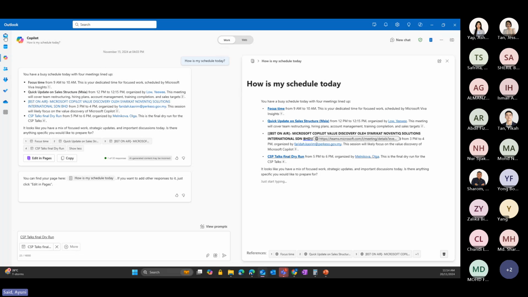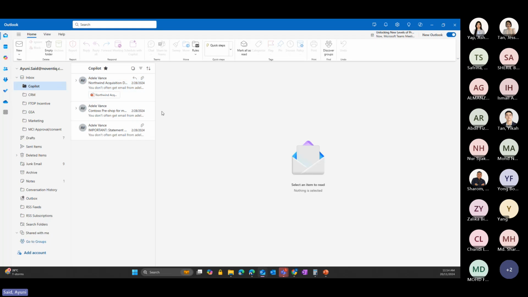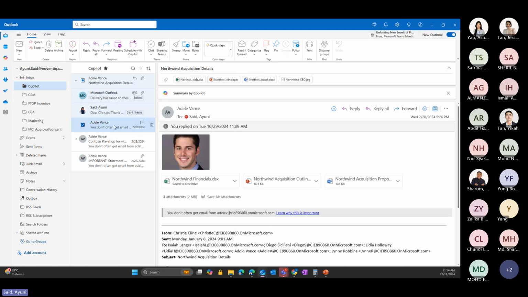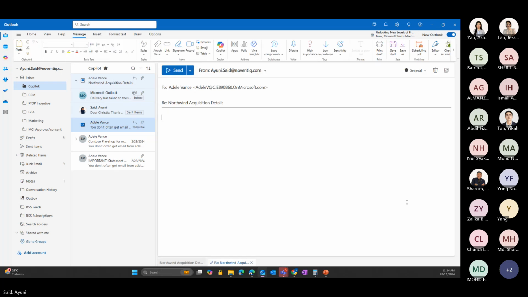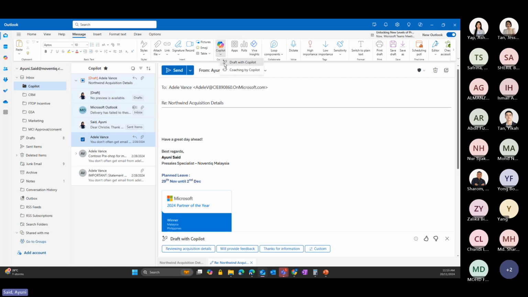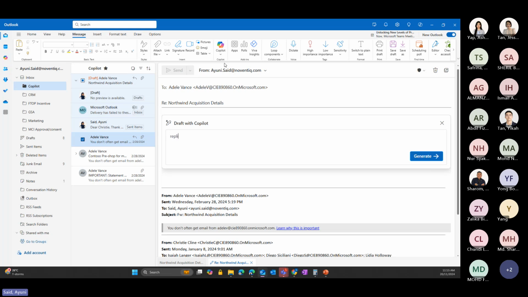So let me go back to the inbox just now. I have several emails here that I need to reply to, like for example this one. From here I can just click reply, or I always click reply all. Then I click Copilot, draft with Copilot, and then I prompt: reply with comment on finance report